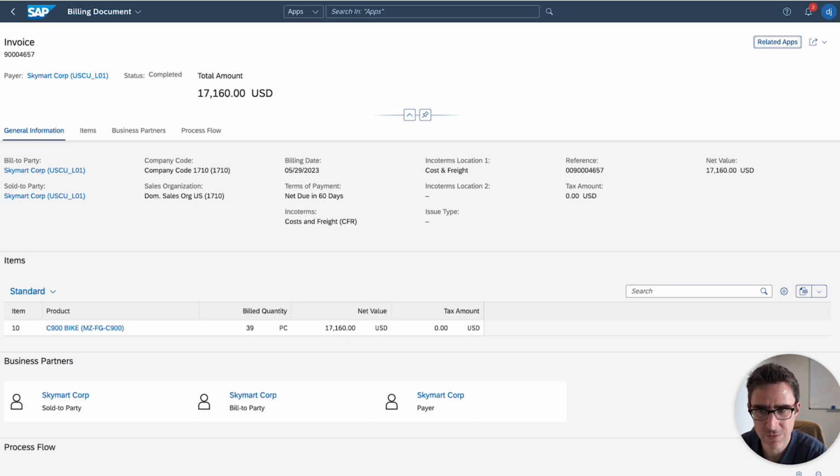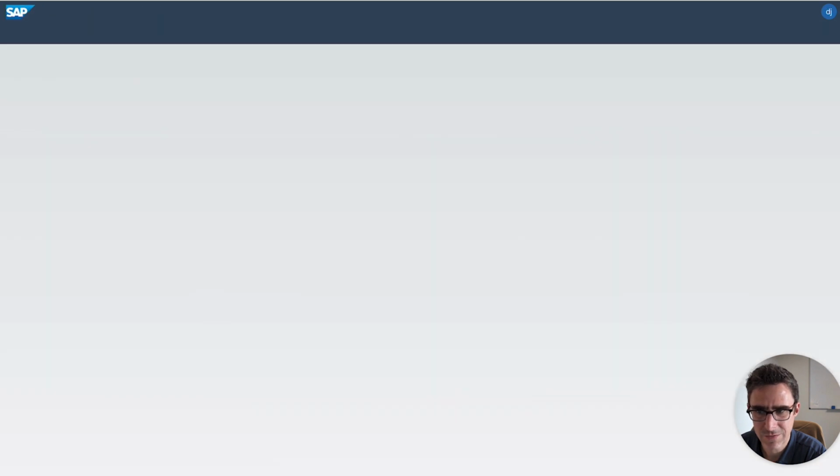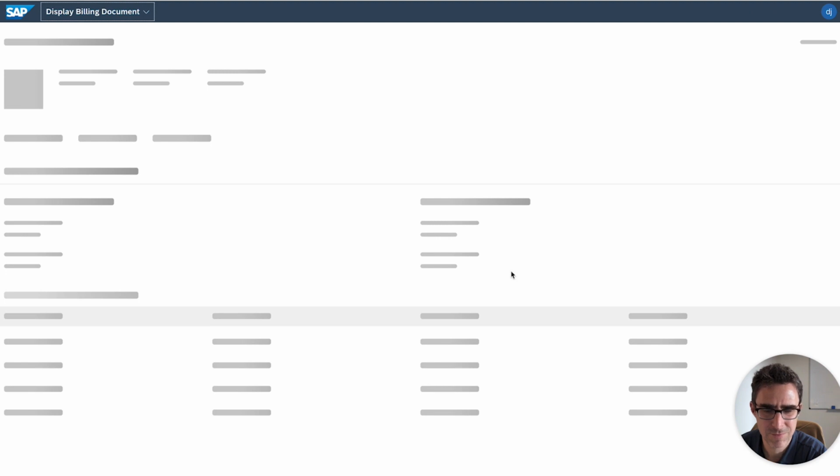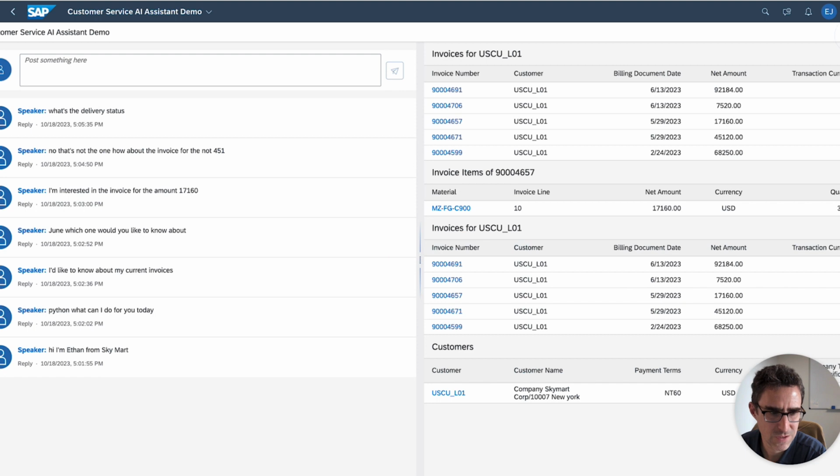Now I can close those back out, go back to my customer, and the customer's going to ask, I should probably actually have that open. Great, what's the delivery status? And being the CSR, I've got it open in the background, loading slowly, and I can go down and I can see the delivery status. So I can see that it was shipped on the 29th of May. I can tell the customer that. Looks like it was shipped on May 29th, so you should have it. Okay, I'll look into that.